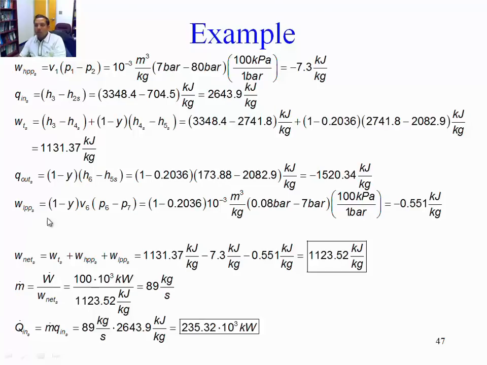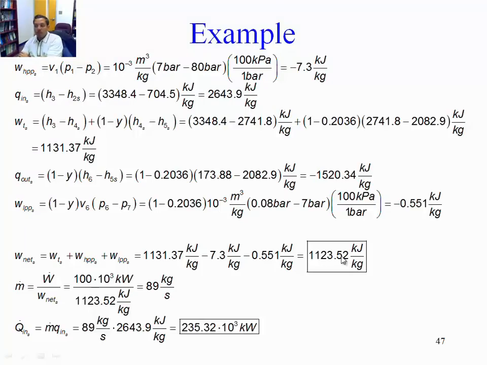The work in the low pressure pump sees about 80% of the mass flow rate, 1 minus Y, times V6. That's the specific volume at the outlet of the condenser, which is 10 to the minus 3, and we found that to be 0.692. But now we multiply that by the fraction of volume flow rate that it sees, and it is minus 0.551. So the net amount of specific work is the work on the turbine plus the work on the high pressure pump plus the work on the low pressure pump, all referenced to their corresponding mass flow rates. But remember, this is in specific form,